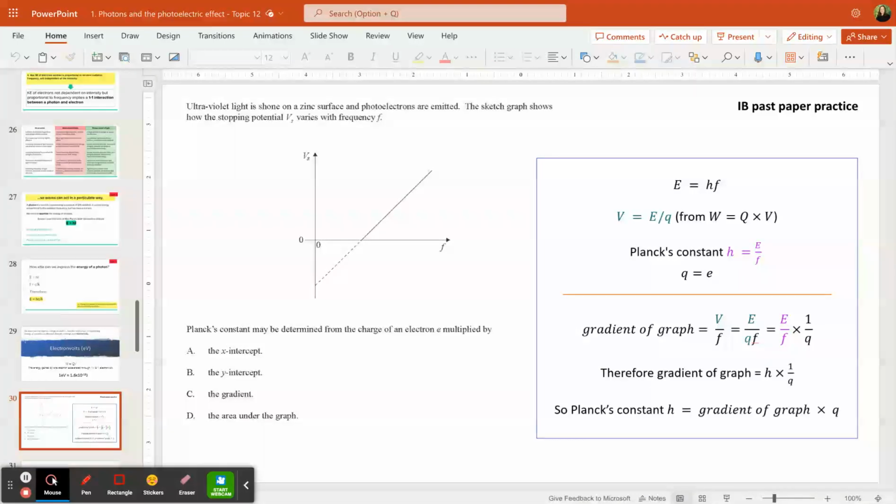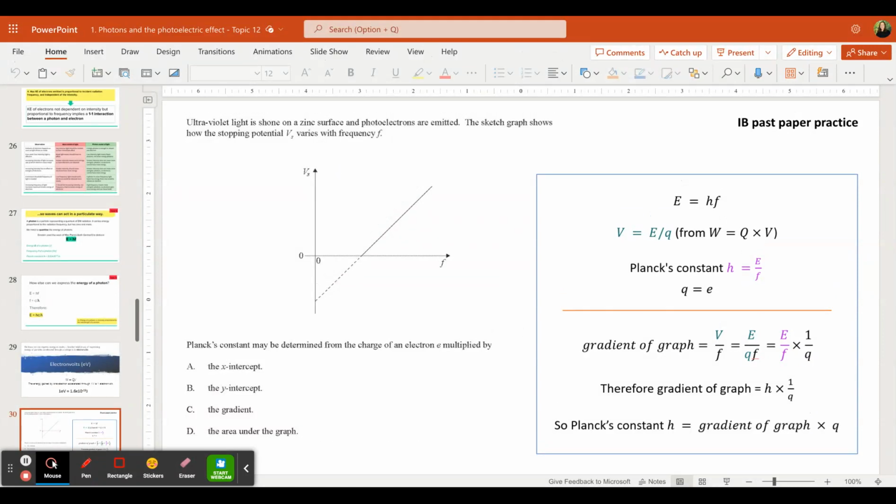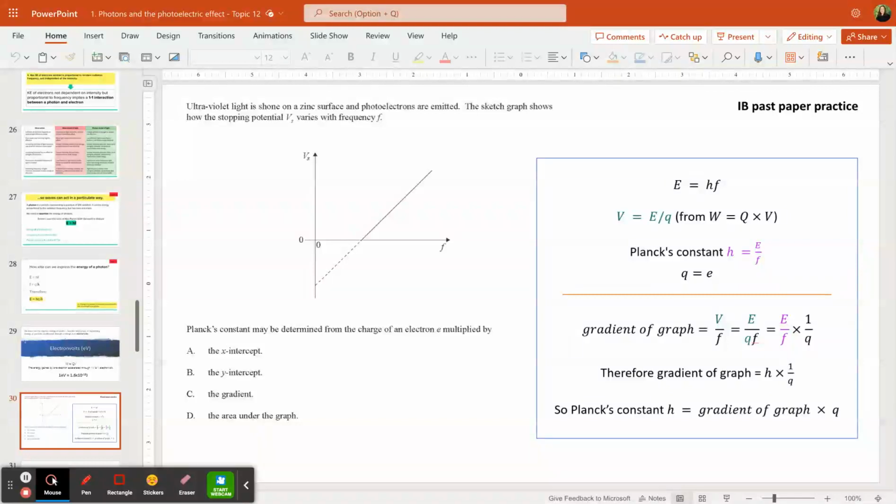Looks tricky, but you can do this. If you want to completely ignore what's on the right-hand side, pull the video over so you can't see all of it and try it yourself if you want to. Otherwise, have a look at this little derivation with me. Above the orange line are things we know. Below is how we use them to get the answer.